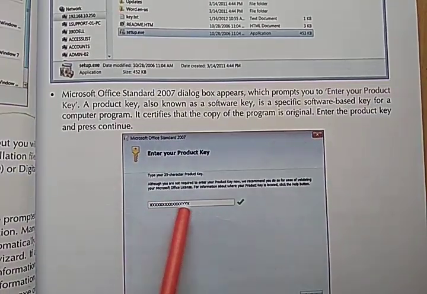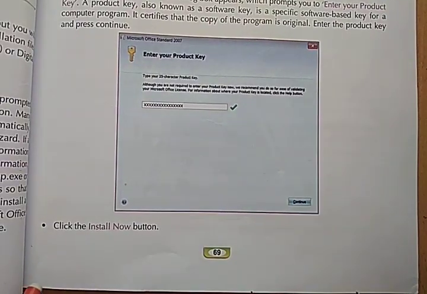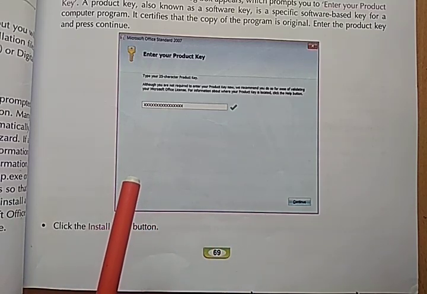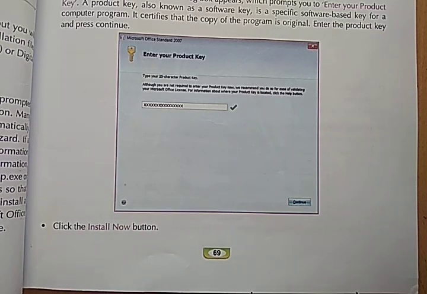So here you should enter the software key or product key. Then at the bottom, click the Install Now button. After writing the product key, click the Install Now button.